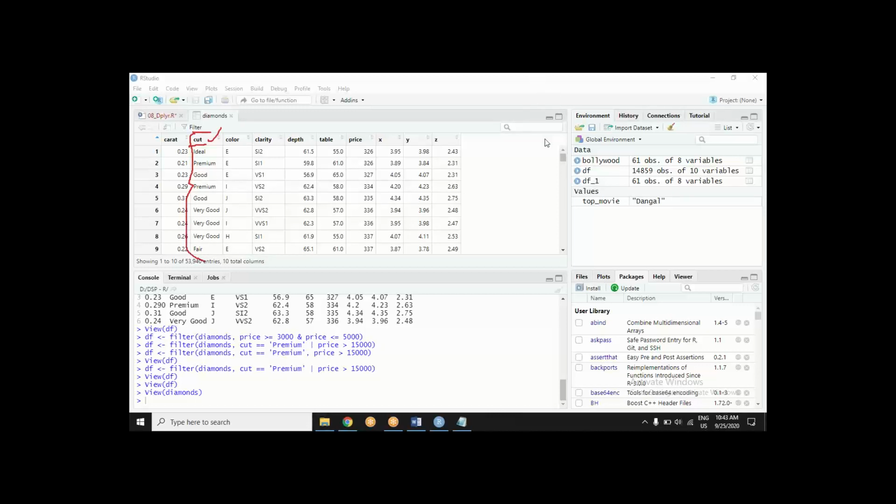I am grouping this data according to the categories of the cut column, but here it will happen in two stages. That is better because you will see that you can control certain things.